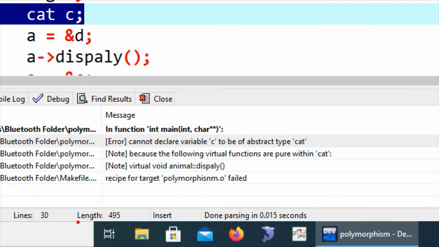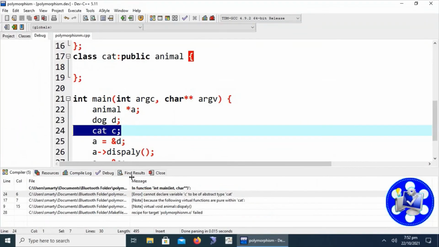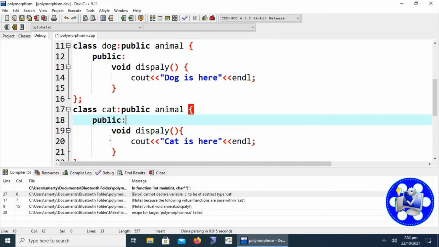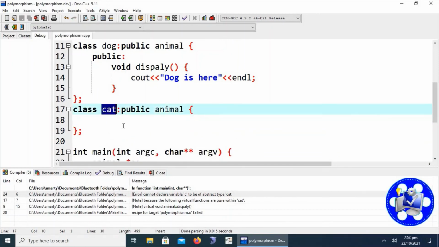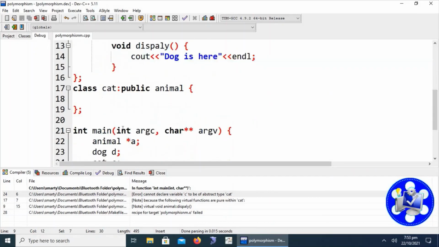In the error we can clearly see that it cannot declare variable c to be of abstract type cat. Why is this cat also declared as an abstract class, when we have not declared any pure virtual function in this cat?